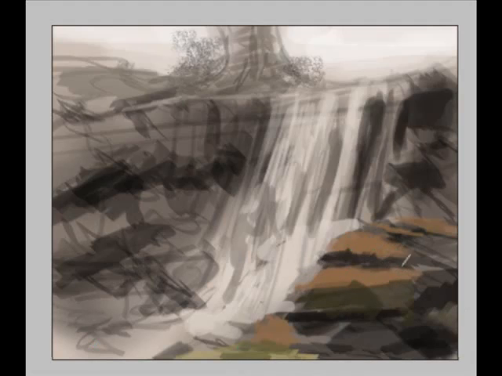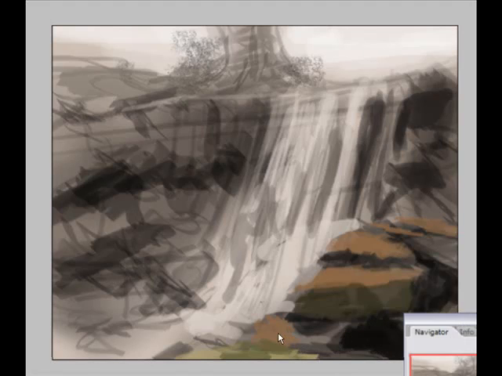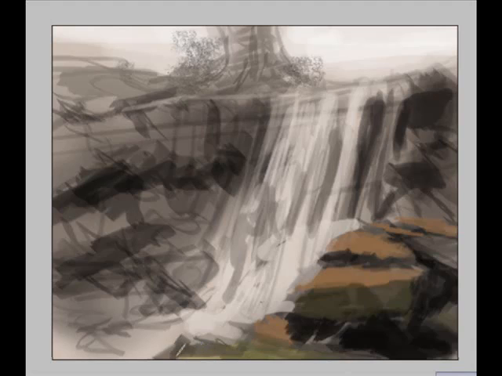So now I'm using the flat brush. You can squeeze the round brush in the brush option in Photoshop and make it look sort of flat. And I'm using black and the rocky color and some kind of greenish color to establish value right in the front. So now I'm drawing in